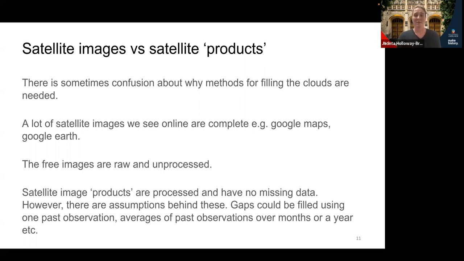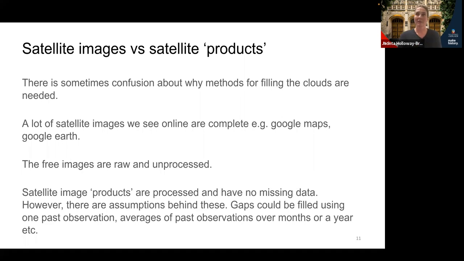However, there are some assumptions behind these products. So the gaps could be filled using one past observation. They might be the average of many past observations over months or a year. They're definitely really useful. And if you can get access to a product that covers the feature that you want to monitor, so maybe that's water quality, maybe that's forest cover.